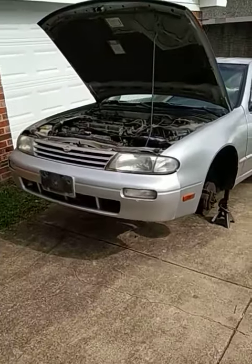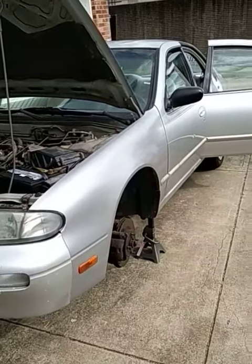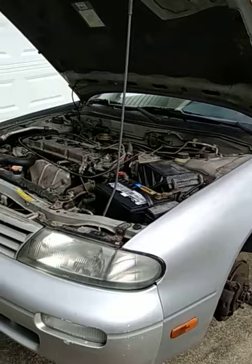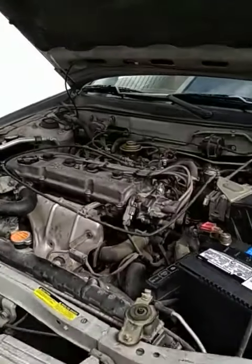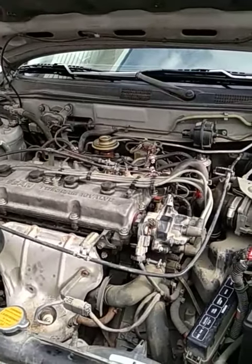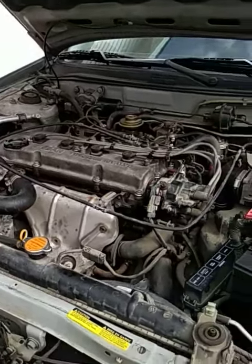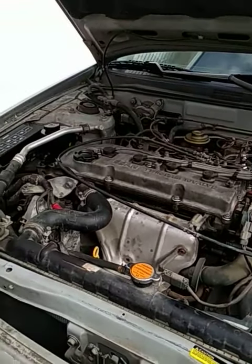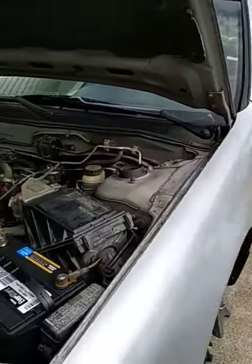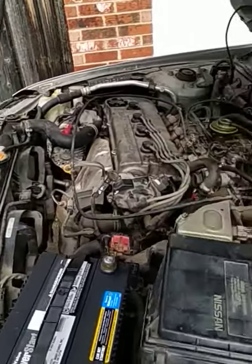Okay, so this was day 2 of working on this cheap car that I bought for my son on Craigslist, a 1997 Altima. Today I replaced the valve cover gaskets, primarily because the number 1 cylinder spark plug galley was filling up with oil, and we will see if that's fixed or not. I'm pretty sure it is. Put brand new gaskets in,